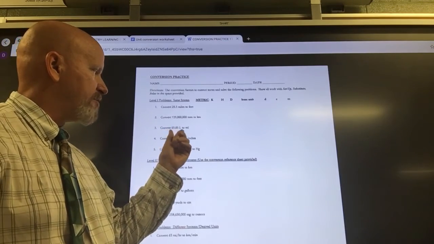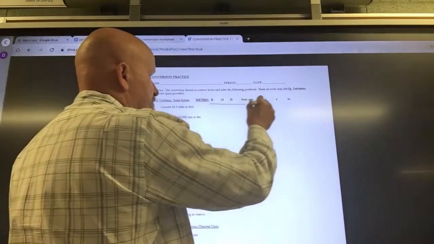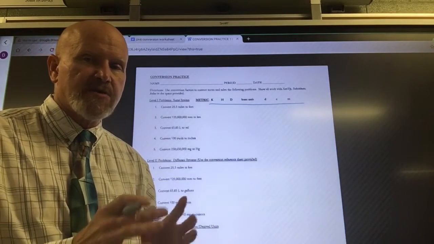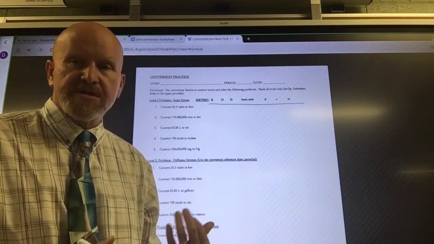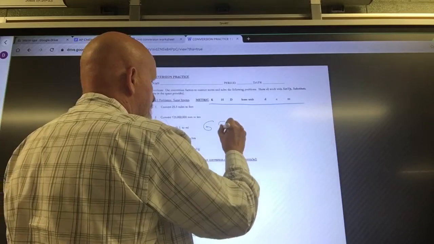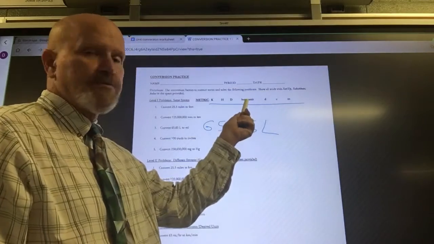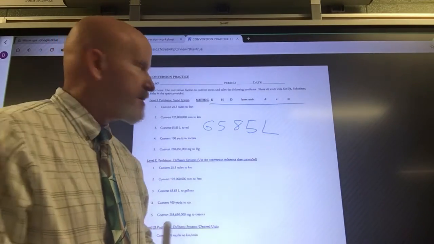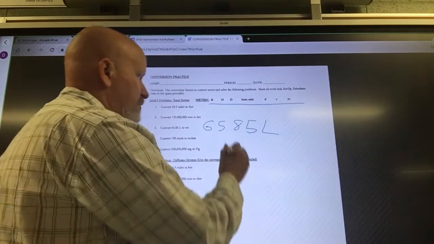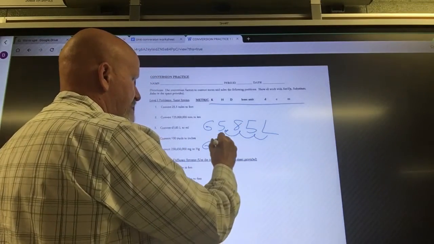So we've got 65.85 liters, and we go into milliliters. So right here on this, we have all the metric prefixes that we'd use in this stuff. And so some of you may have done this move the decimal kind of thing a little bit, and that's okay to do for something that's this straightforward. So if you got 65.85 liters, okay, liters doesn't have a prefix on it, so that's what we call our base unit. And if I'm going from liters to milliliters, I go deci, centi, milli. I would move my decimal 1, 2, 3 spaces,